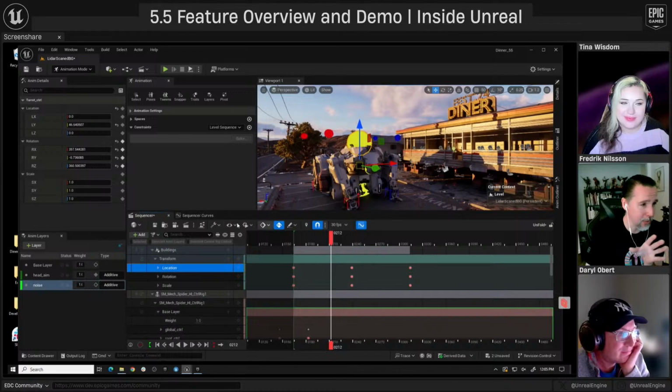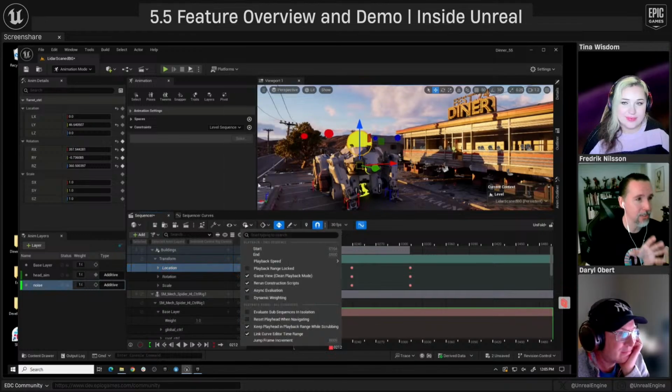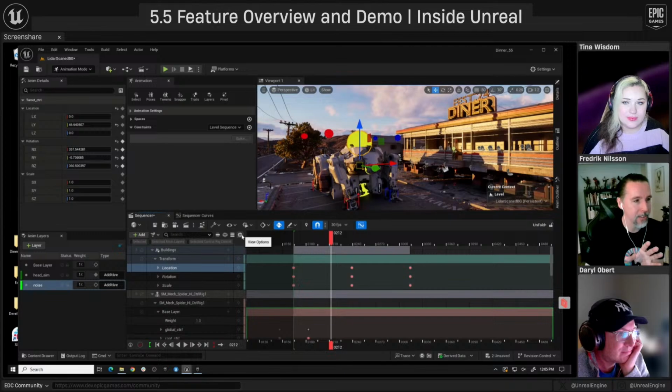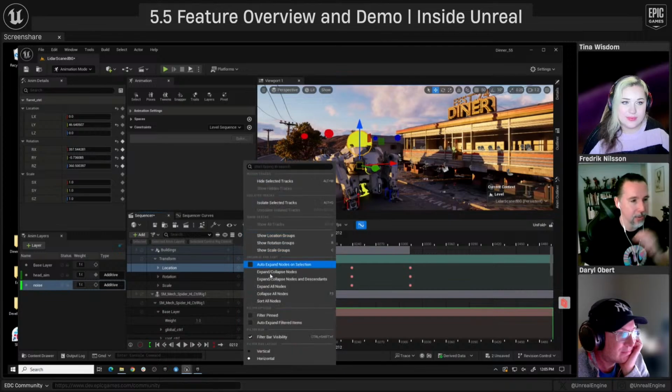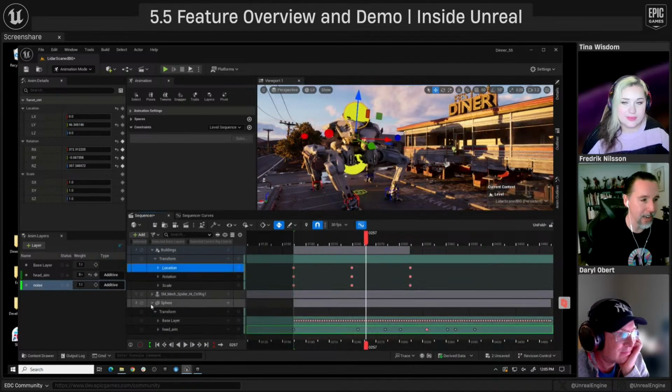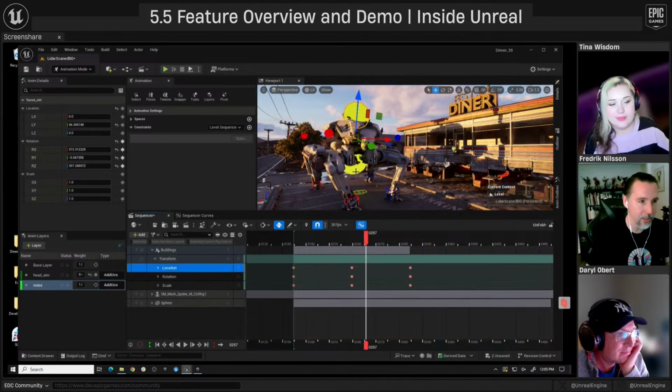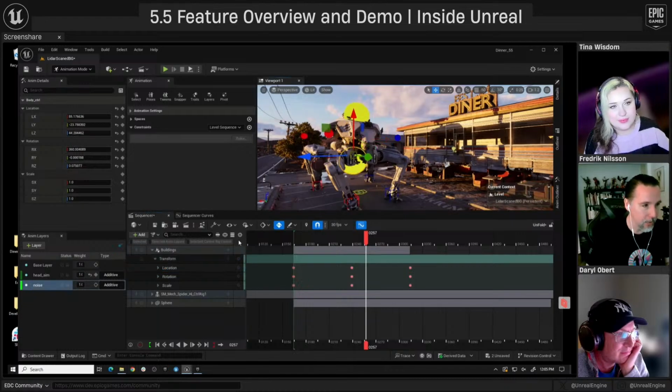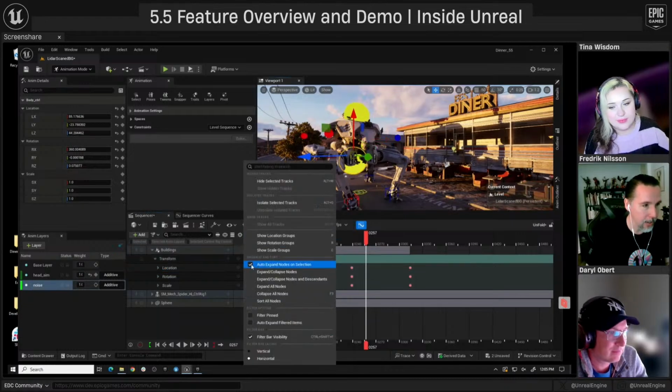Oh, you also notice some things were moved around. If you were used to things living over here, some things have moved to this view options menu for the sequencer. That includes auto expand nodes on selection, which by default is turned on. I was always annoyed by it because if you've collapsed your rig down and you're working on this character and you select a control, let me turn it back on.